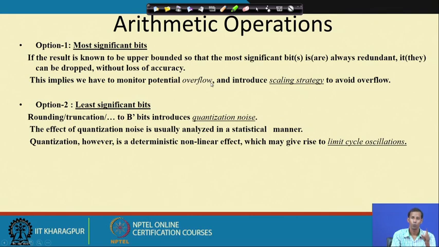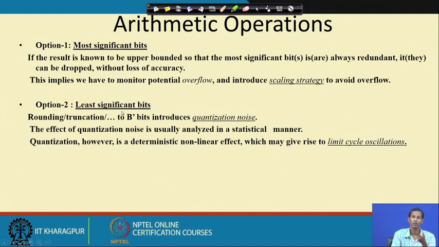If I miss the MSB, that means if I am supposed to hold the result and I represent it with only 9 bits, then if the result is more than 511, say 512, the result will be represented as 0, though the actual result is 512. That means there will be an overflow if I miss the MSB, and if I miss the LSB, there will be truncation, or this quantization error.